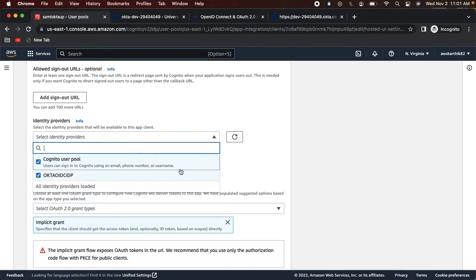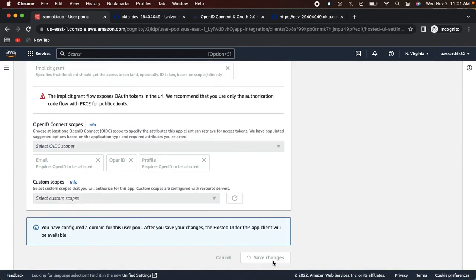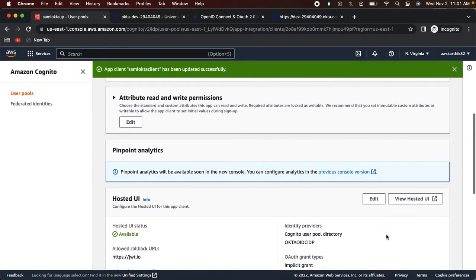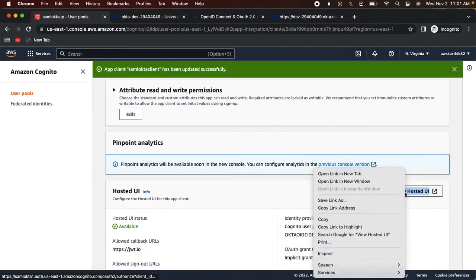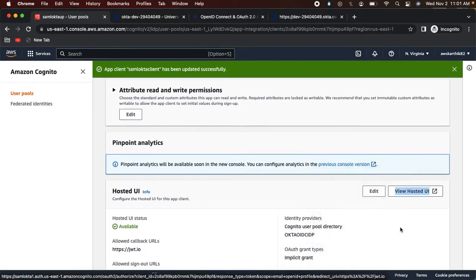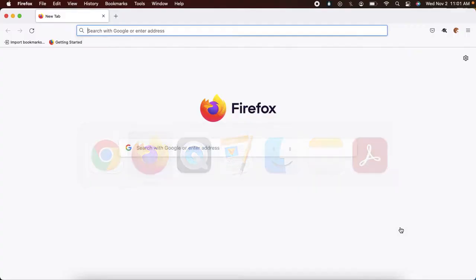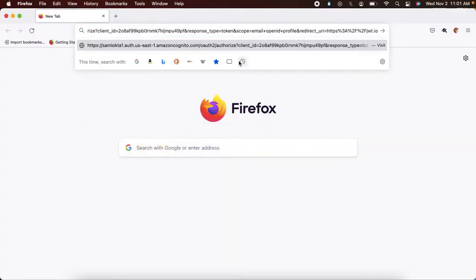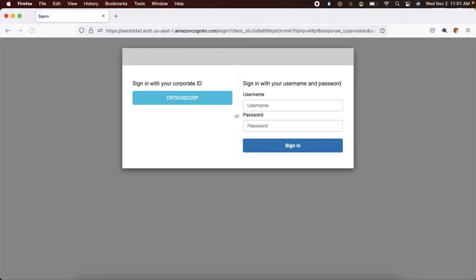So once you select this option and save it, we can copy the URL, just right click, copy the link address, and go back to Mozilla browser and type that URL. So this is the Cognito hosted UI screen, and you can see the option to log in using the Okta IDP. So if you click this button,